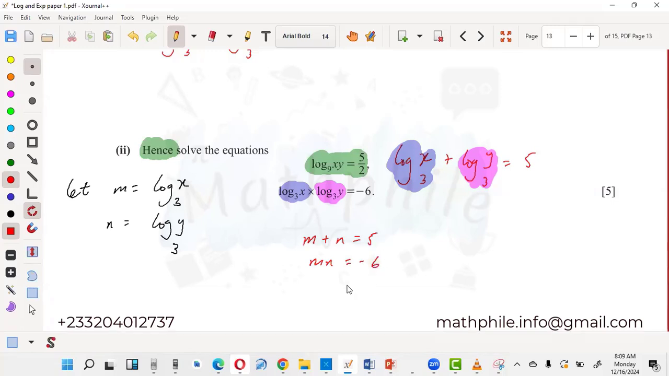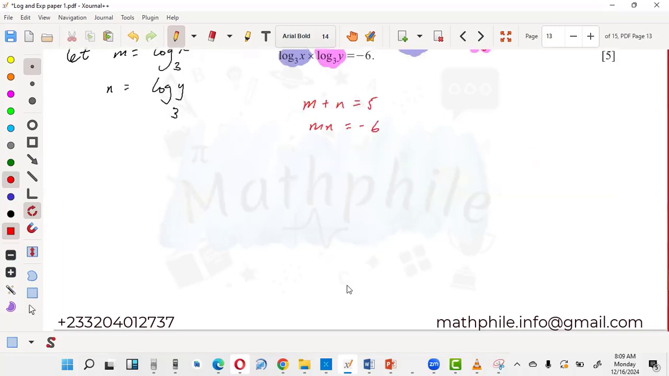Are we good? Yeah. So that's a quadratic simultaneous equation, one of the first topics I taught you. So this equation 1 and this equation 2, we can make m the subject. If you make m the subject of equation 1, you get m equals 5 minus n. Then you can put this into equation 2. So this will give you